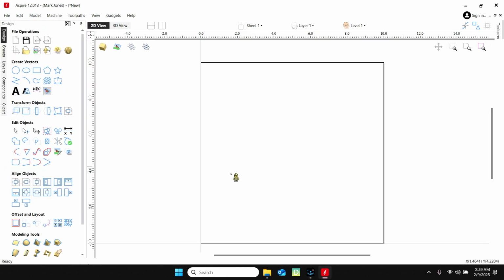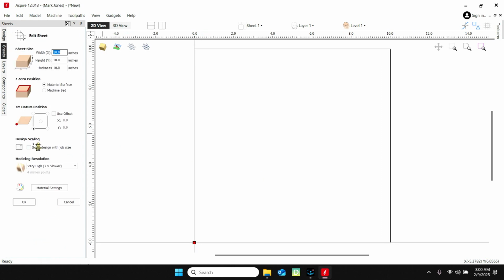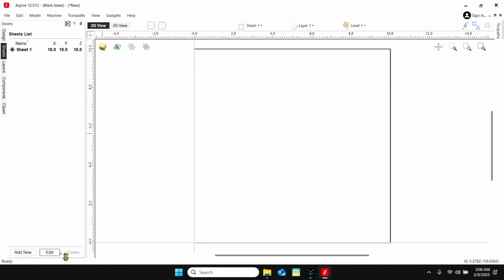So my work area here for importing is my first sheet. We're just going to call this sheet right here, and we're going to rename it. I'm going to call this import sheet. Okay, so our import sheet is 10 by 10 by 10, and while we're creating sheets, we're going to add